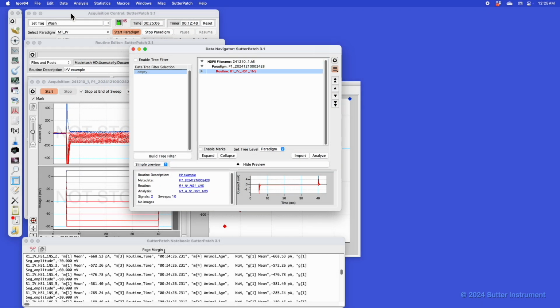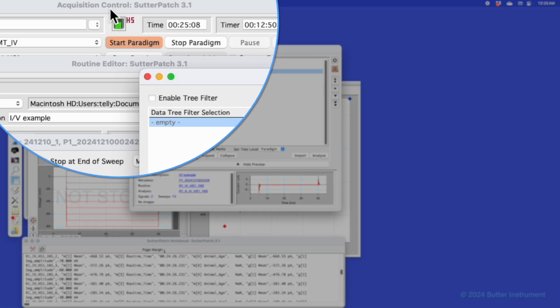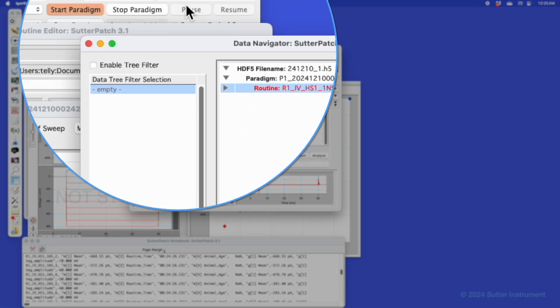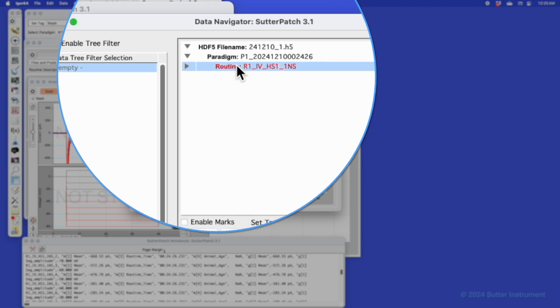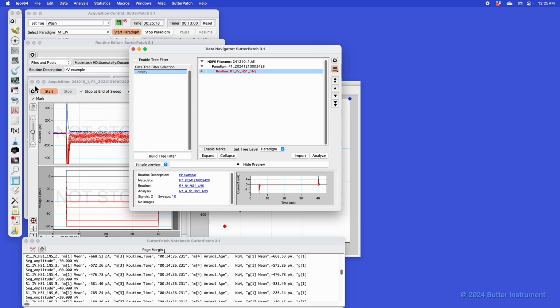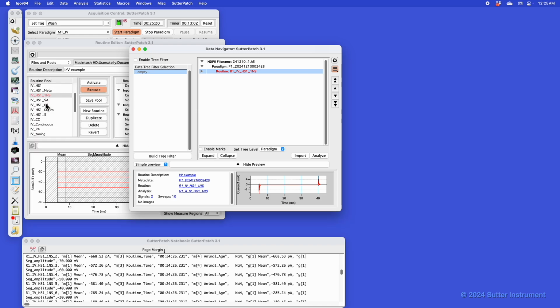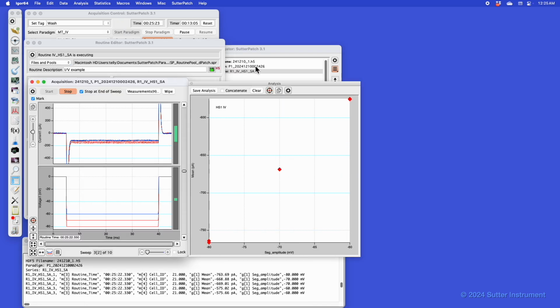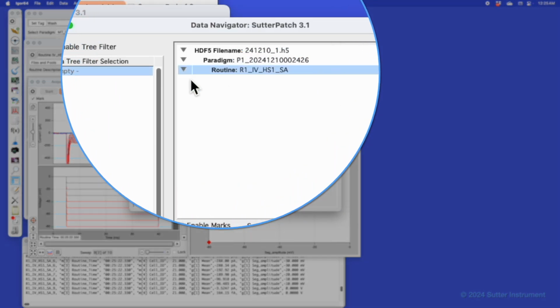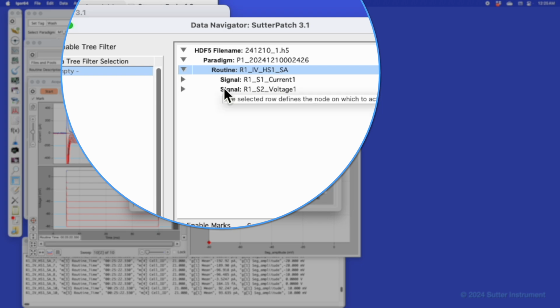In the acquisition control window, we now have this additional icon. If we click on it, it will automatically save this routine and treat it like it was a regular routine. Otherwise, if we go in and execute the next routine, that will automatically be removed and replaced with the current routine that just executed. The previous routine that was not stored is completely gone, and there's no way of getting it back at this point.